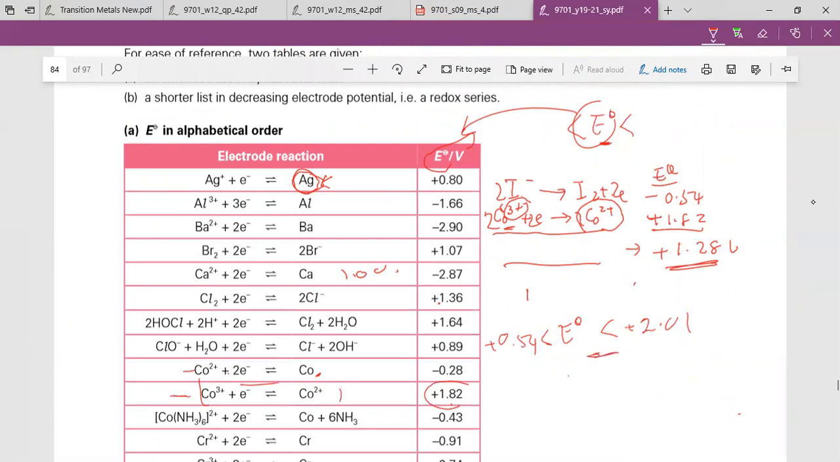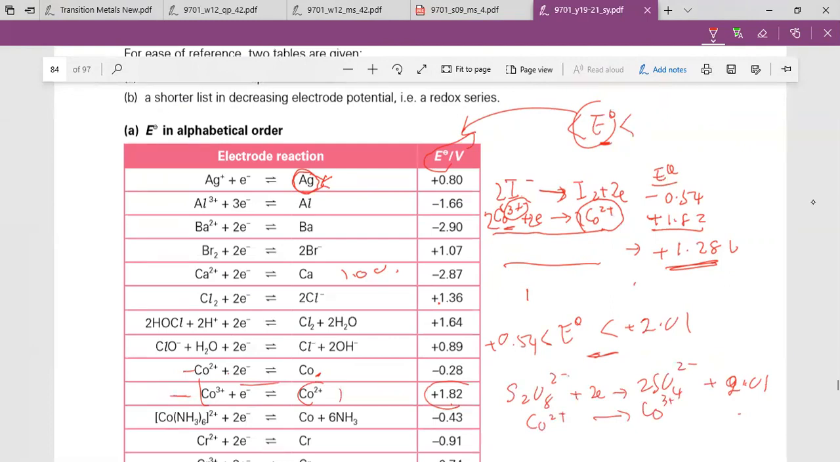But first, of course, we have I minus, which is reduction. So cobalt 3 plus plus electron goes to cobalt 2 plus, and it's positive. That means it can react. And of course, if you do it with S2O8 2 minus, plus electron, to give you 2SO4 2 minus, this one is positive 2.01. So if you reverse the cobalt, going backwards from cobalt 2 plus to cobalt 3 plus plus electron,